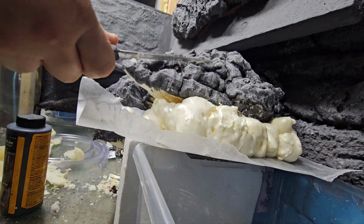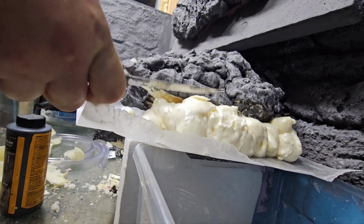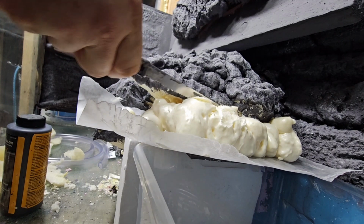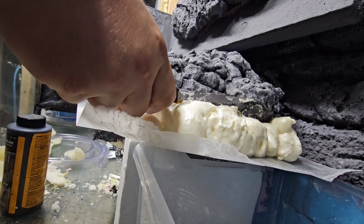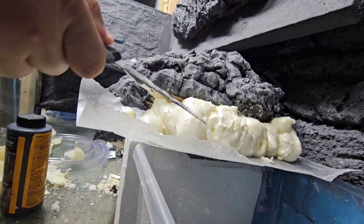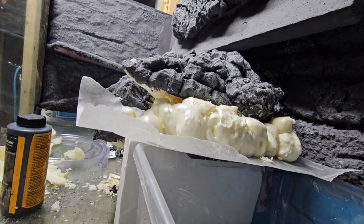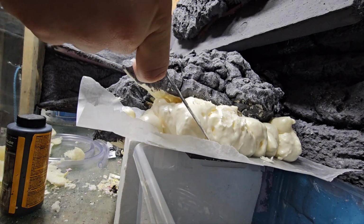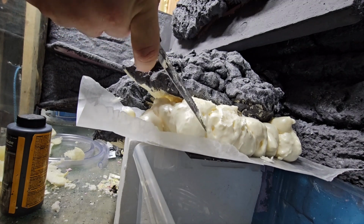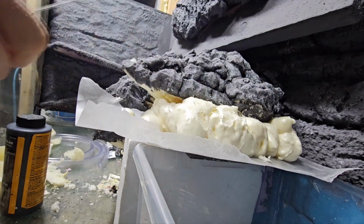So anyway, what I do, I'm going to try to get most of the shiny stuff off. But like when I see something like right there, hope you guys can see that. Yeah. So when I see something like right here, I feel like that needs to be a divot. So this is just how I do it. That a divot,